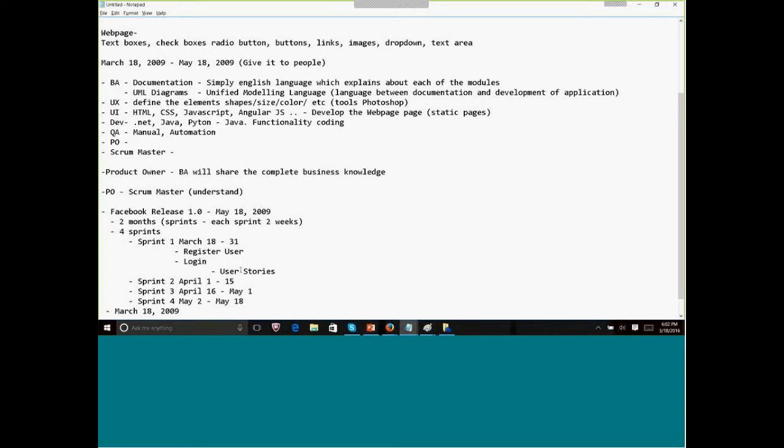And on these user stories, everyone has to work. Say suppose our user story is user story login. So for this user story login, everyone in the team, everyone in these roles will contribute, right? So when you come to the UI team, what does the UI team do? The UI team will develop a web page with the login user ID, password, and login button. They will start working on this, and the dev team, they will write the code.